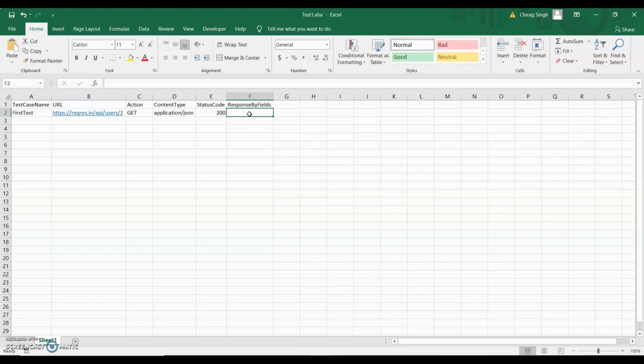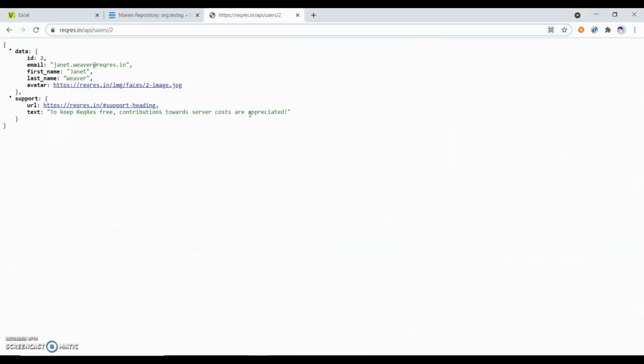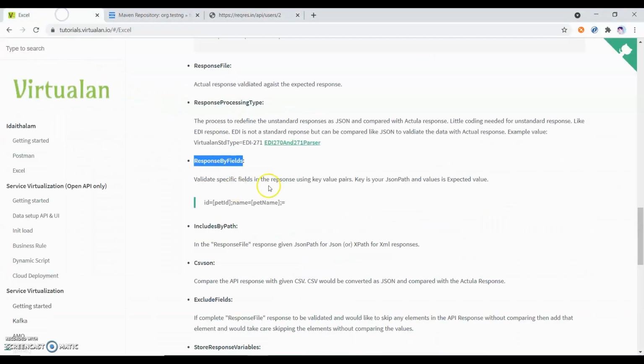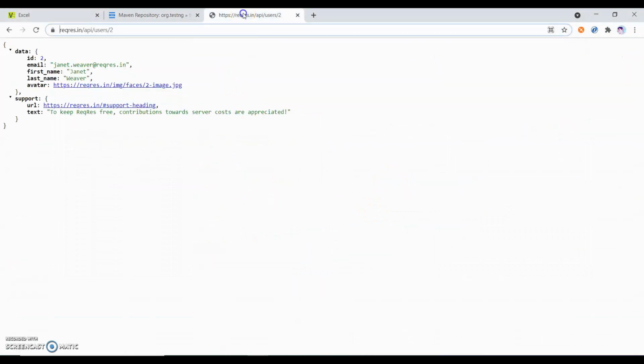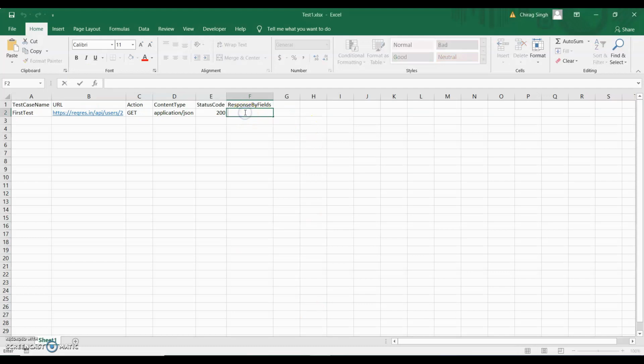And what will the response body field? So you can see they have mentioned the JSON path. So I have to give a JSON path. The JSON path is, suppose I have to validate this ID, whether this ID value is true or not. So I have to give a JSON path, data.id. So I will mention this data.id,